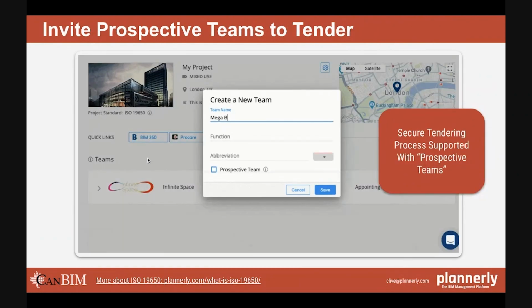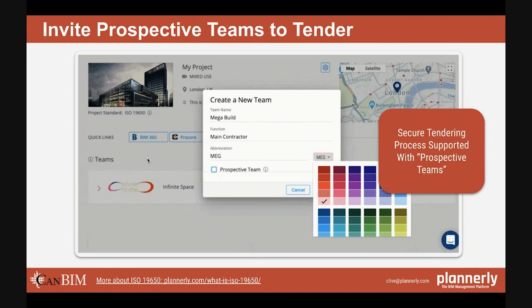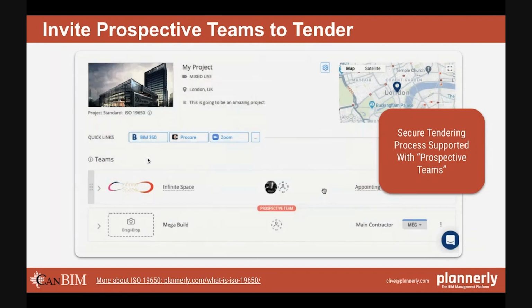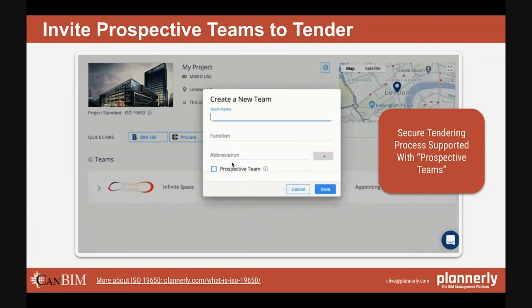Once you've formed the EIR, you're inviting people to tender. So you are inviting prospective teams. In this example, you're wanting to invite them to see it live, but what we're really wanting is to protect certain parts of that. So you don't want to always share everything. Being able to have a control and having a prospective team only see certain parts and manage permissions is really important.